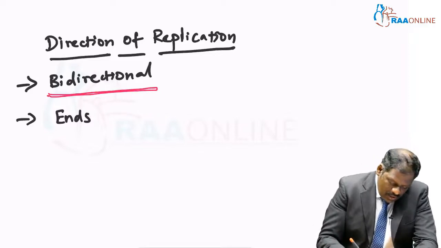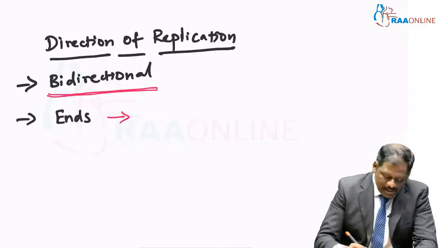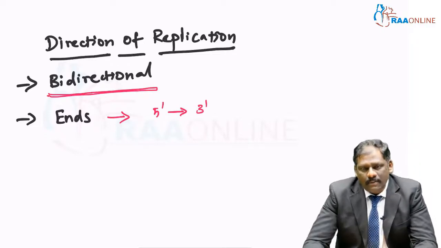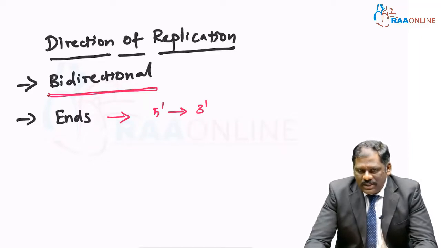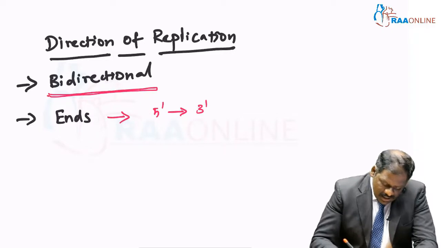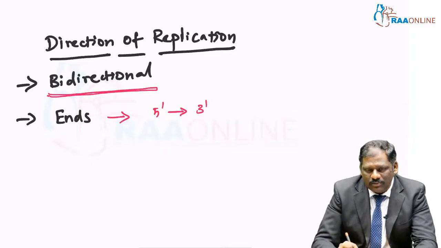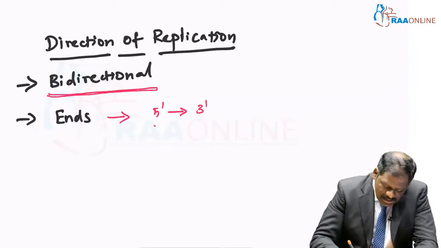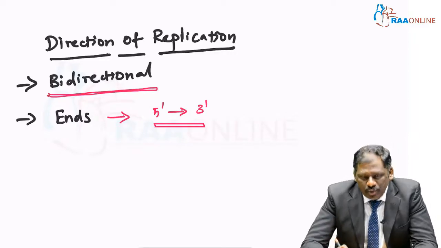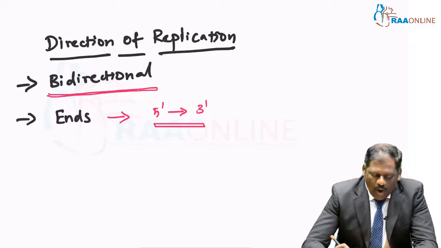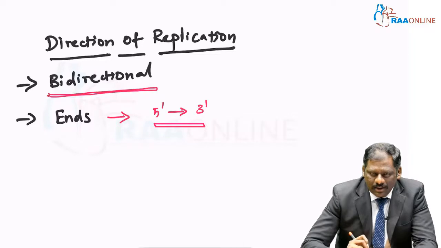And how will the synthesis proceed? The synthesis of a new strand will always have a polarity from 5' end to 3' end. The newly formed daughter strand will always be synthesized in this direction, from 5' polarity to 3' polarity, and it is not the other way around. Please remember, this is an extremely important point in order for you to understand the entire process of replication. Clear? So the synthesis direction is always from 5' end to 3' end,